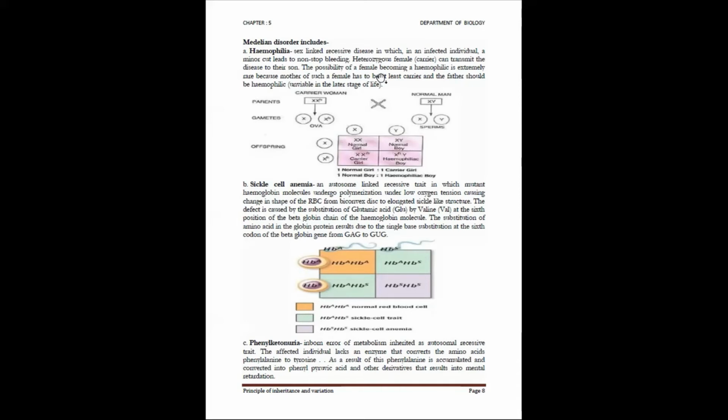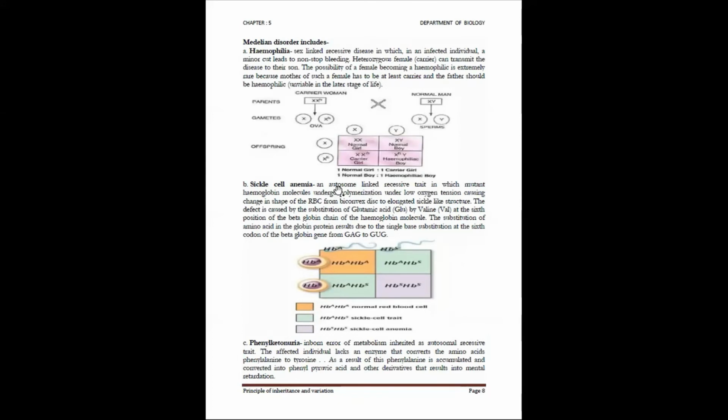So hemophilia, the definition will be asked, yes, and you have to always give the reason for what happened in the body. Here it is given as a rare disease which passes from the mother to the offspring. And what is happening is non-stop bleeding. And why is this happening? Because the woman is either a carrier for hemophilia or she is expressive for hemophilia. So this flowchart, if you want, you can write it or you can write it in a sentence itself. Then moving on to sickle cell anemia, yes, this is very important.